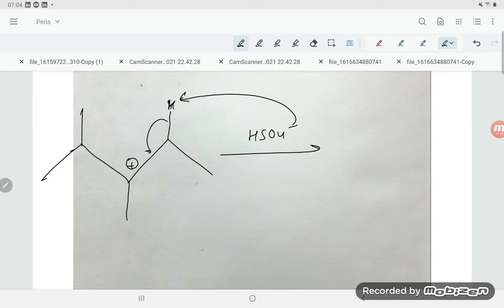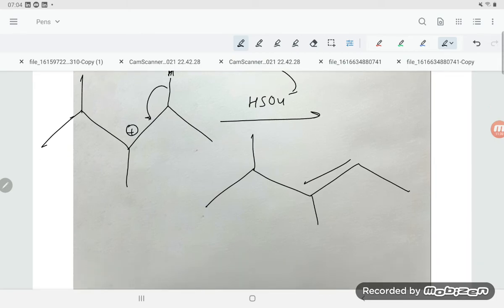The product formation will be like that. Here is the double bond, 1 2 3, 1 2 3 4, that is correct only. So the possibility is this product may form. This product, 1 2 3 4 5, is 3,4-dimethyl. What will come, student? Pent-2-ene.